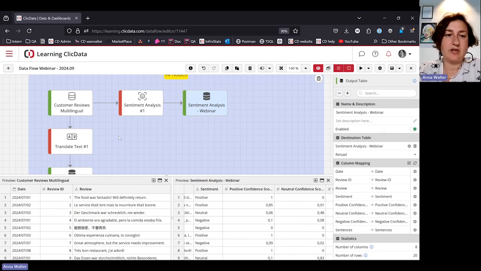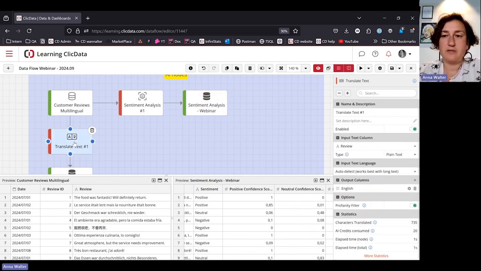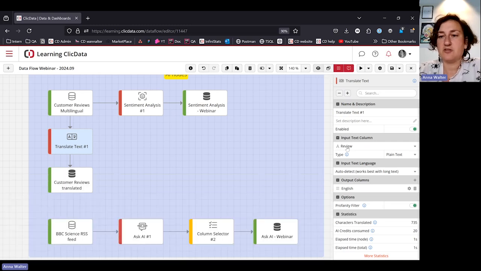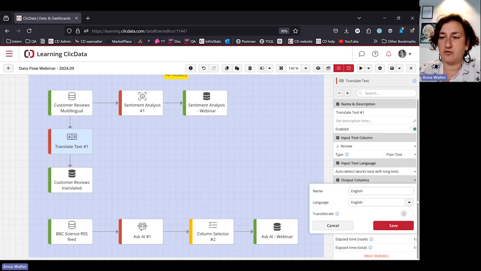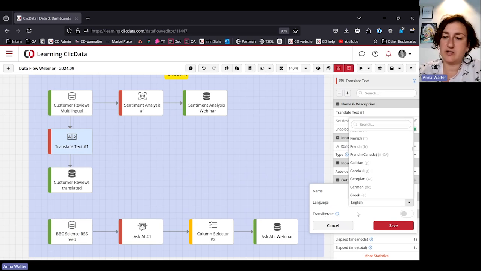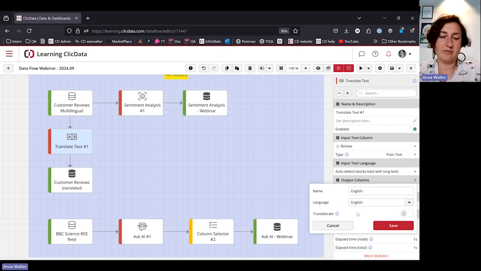And yeah, and then we have other nodes. So for example, the translation works the same way. You just select the column you want to translate, and then the language you want to output from there. You have English if you want, but you can also choose, of course, a lot of other languages. And you can also choose to transliterate it, meaning that, for example, if you have an alphabet that you don't read, you can actually transliterate into a Latin alphabet if that's what you master. So it's a nice option as well to understand what's going on and what's explained in a text that you